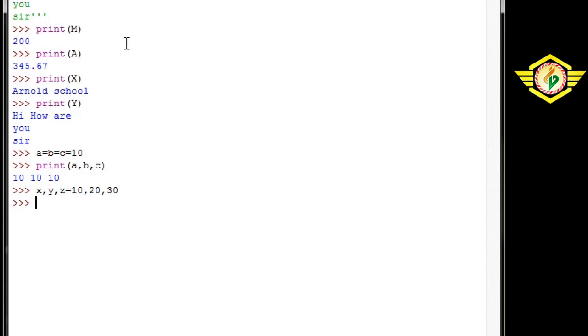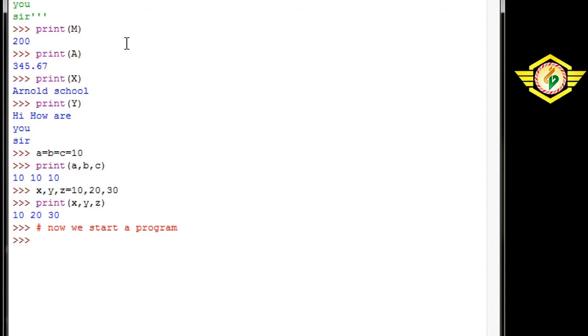So when I print x, y and z, the values will come: x equal to 10, y equal to 20 and z equal to 30. In this way we can store a single value in different variables and also different values in different variables. So now we'll start the program I told you, to find the area and perimeter of a rectangle.